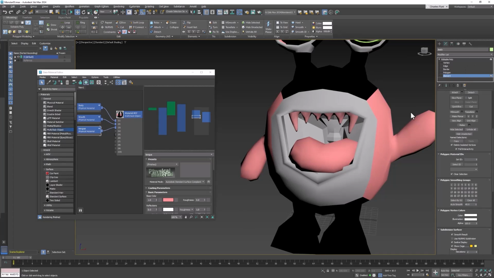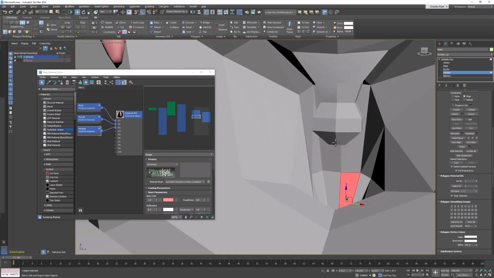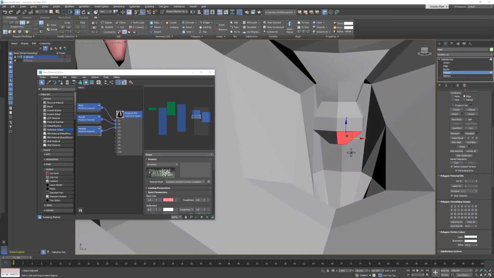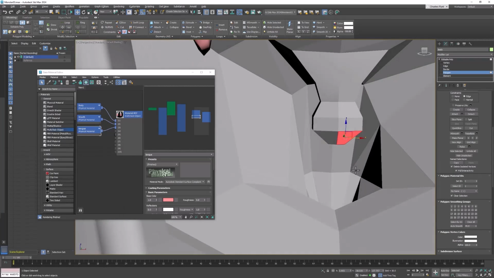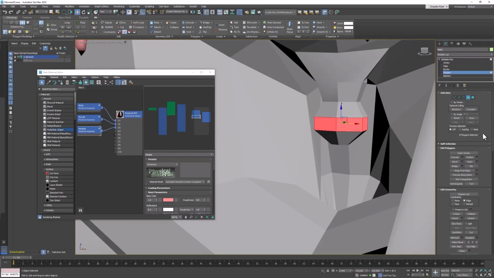Now, to make things a little easier on ourselves, let's select the tongue in element mode, come up to the modeling ribbon, and hide selected, and that will hide the tongue for us. And then let's go to polygon mode, and inside the mouth here, I want you to click one polygon on this little epiglottis here, hold down Control, and double click on the one next to it, and that should select that whole ring. Then we're going to use Grow to grow our selection